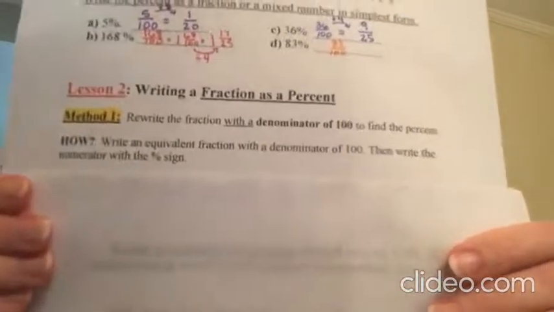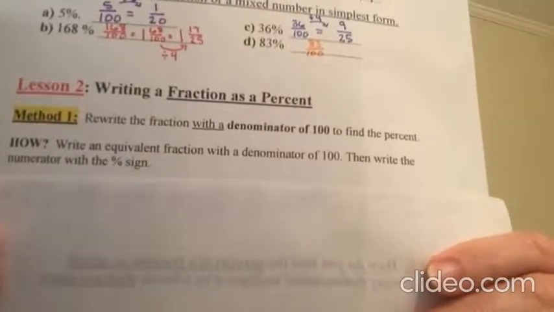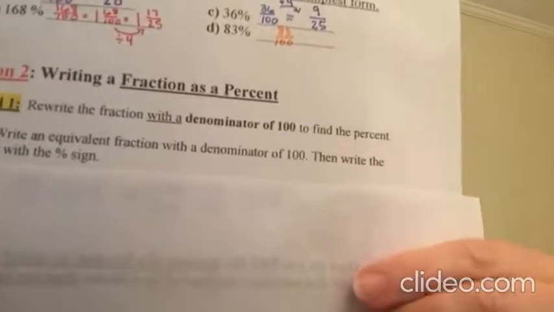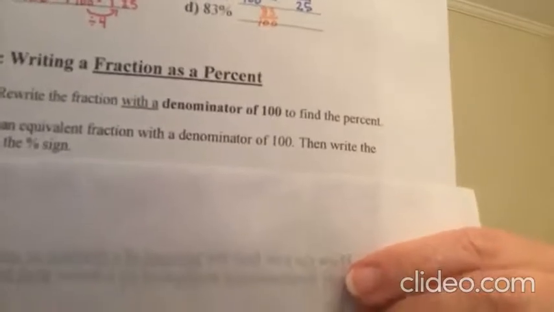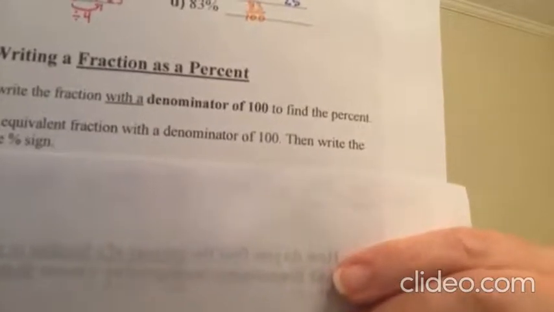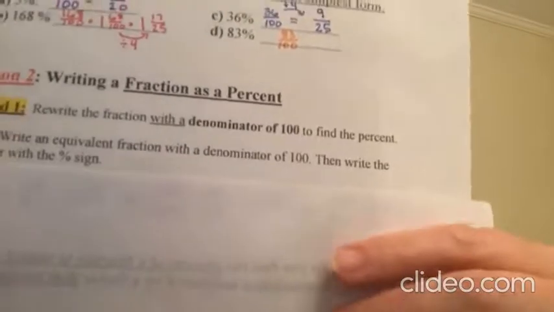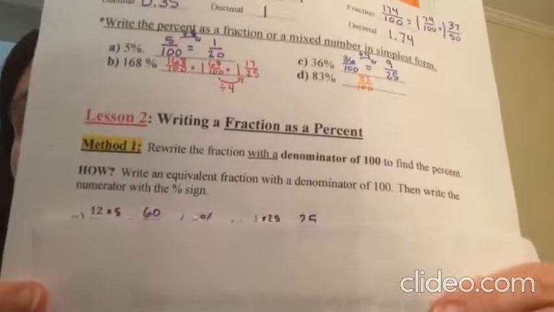All right, second part of the lesson, writing a fraction as a percent. So there are 2 different methods. Method 1, we rewrite the fraction with a denominator of 100 to find the percent. How? Write the equivalent fraction with a denominator of 100, then write the numerator with the percent sign. So,